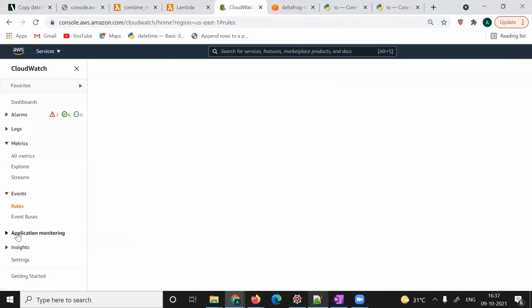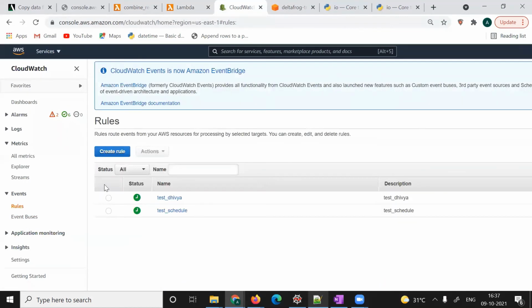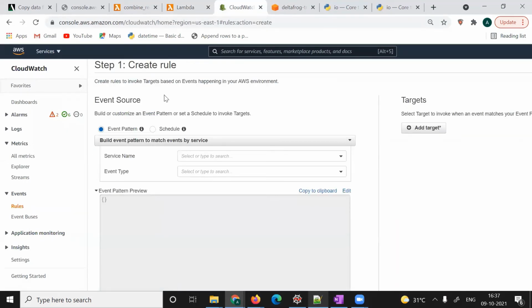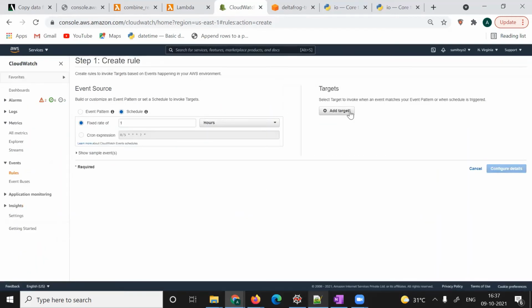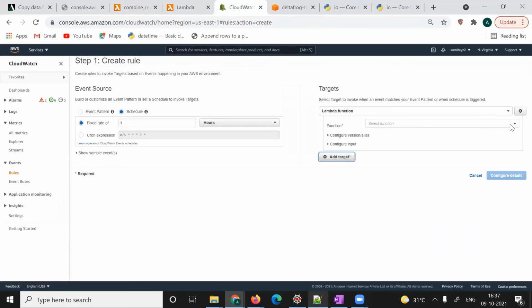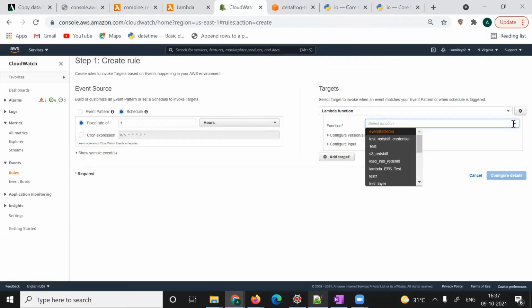In the rule, you have to create a new rule. This will be schedule, fixed rate, 1 hour. Then you have to add the target. Add target, and give your lambda function name.